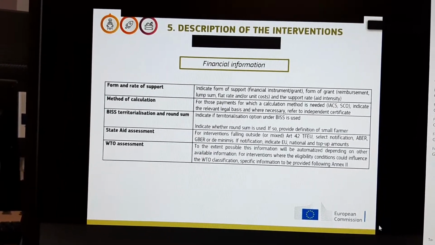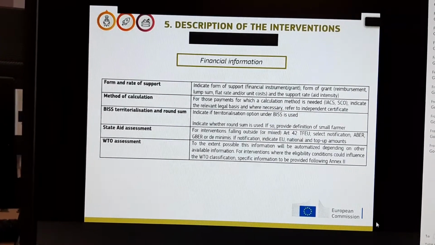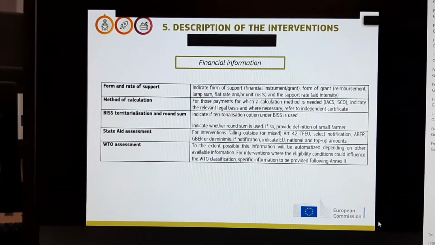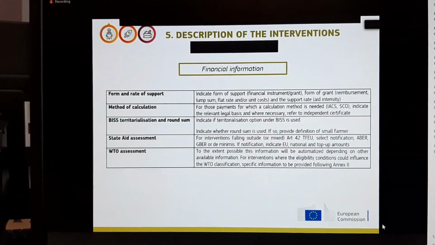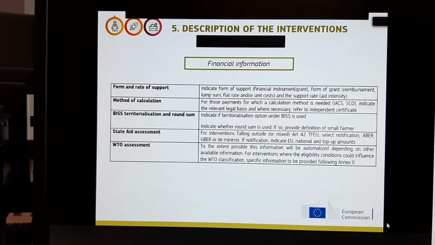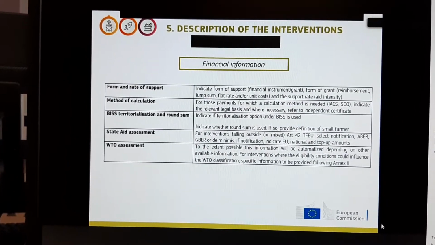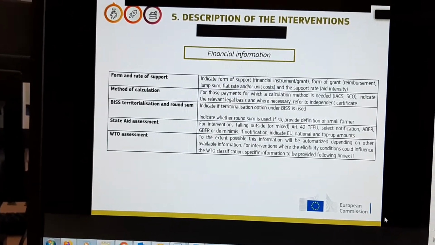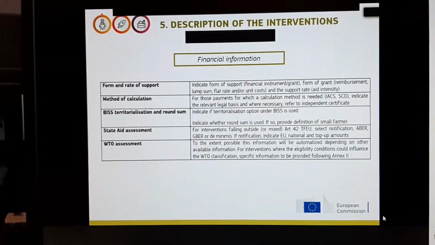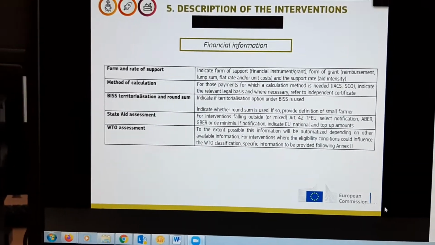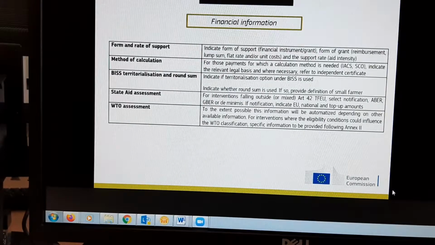So for the ones that are falling outside or mixed intervention of Article 42 of the treaty, then you have to select whether this is notification based, this is ABER, so the agricultural block exemption, the general block exemption, or de minimis. If it's the case of notification, you have to indicate the amounts, both EU national and the top-up amounts, in order to clear this state aid with the approval of the CAP plan or with the modification of the CAP plan. On the WTO assessment, we are still exploring how we can facilitate your life in the sense